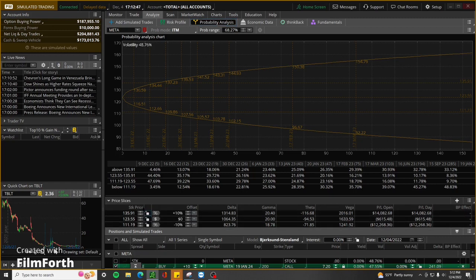Under the price slices, you will have your positions and simulated trades. It shows you what you are trying to analyze, and we have Meta selected here. Expiration date 2024. We have a limit price there of 720 and some of the details that are associated with our entry. Now, if you wanted to look at the probability of Meta being above, let's say 124 by January